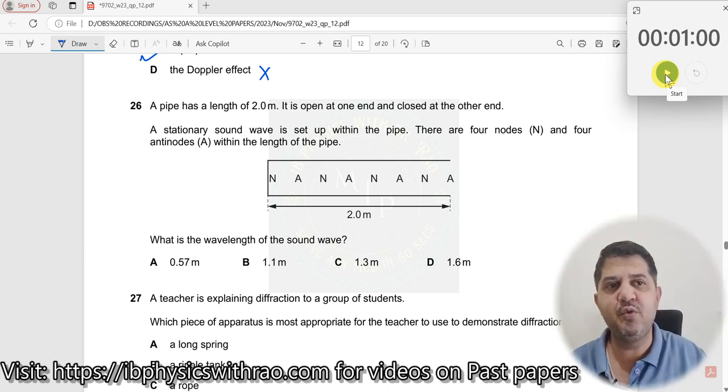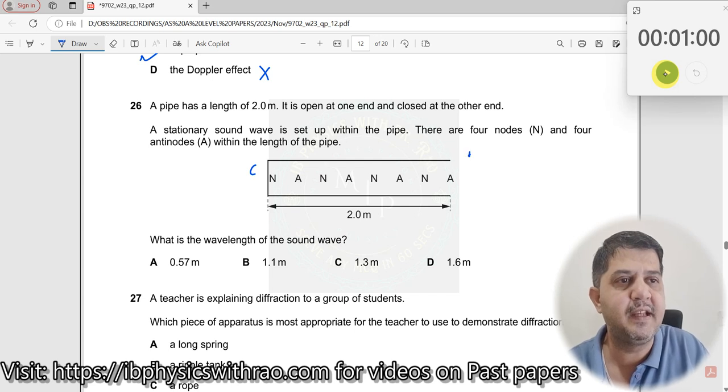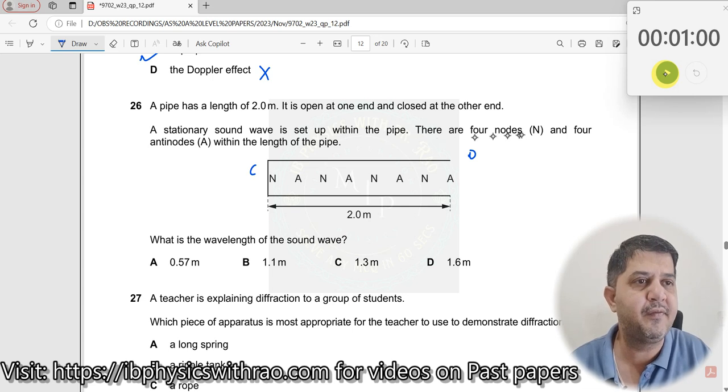A pipe has a length of 2 meters. It's open at one end and closed at the other end. Okay, this is your closed end, this is your open end. So there should be a node here. Node is here. Stationary wave is set up in the pipe, and there are 4 nodes and 4 antinodes in